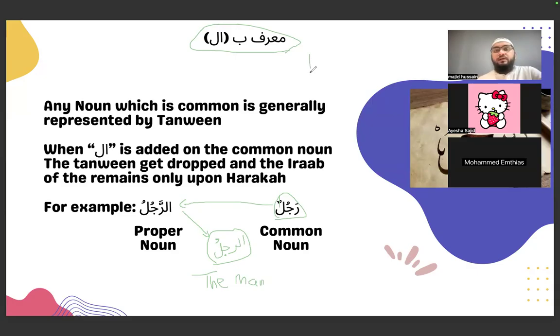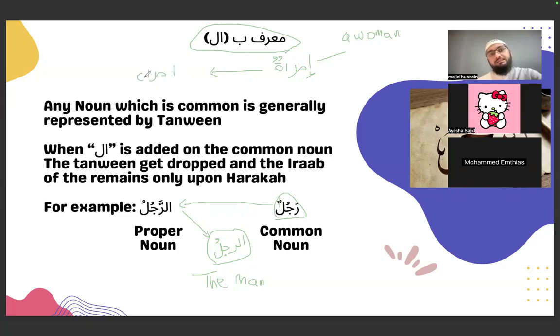For example, the word is imra'atun. Now, it means a woman. A woman. Now, if I want to convert it into a proper noun, what should I do? What is my first step? Drop the tanween. Exactly. So I'm just going to rewrite the word here, and I'm going to drop the tanween